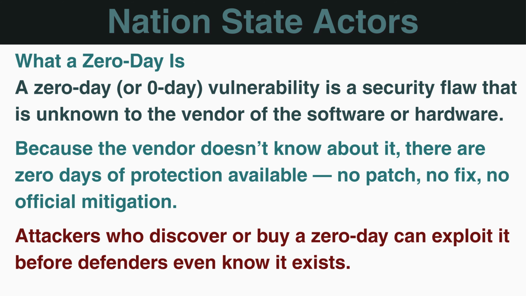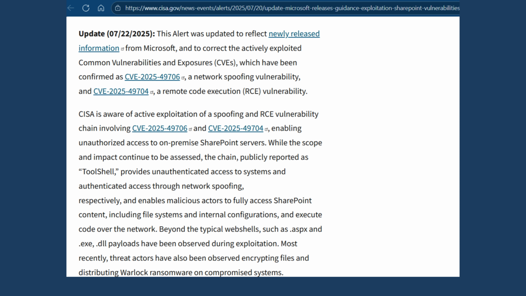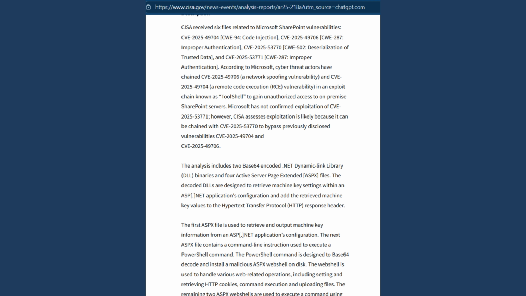That's in the news like crazy right now here in August 2025, and people are being exploited every day. New exploits are being detected, some of which are attributed to the nation states, but not all, because with this latest SharePoint exploit, just about every hacking group has gotten on board. And targets include government agencies and critical infrastructure sectors and more.